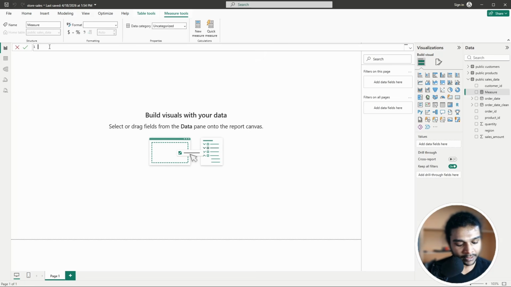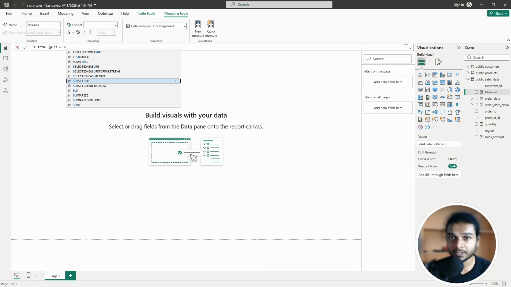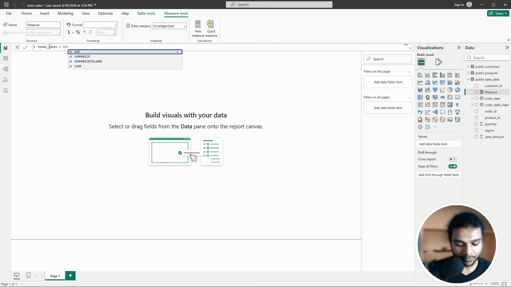For example, it can be used in situations like calculating total sales, which will be adding up all the transactions that are done, which will be sum of